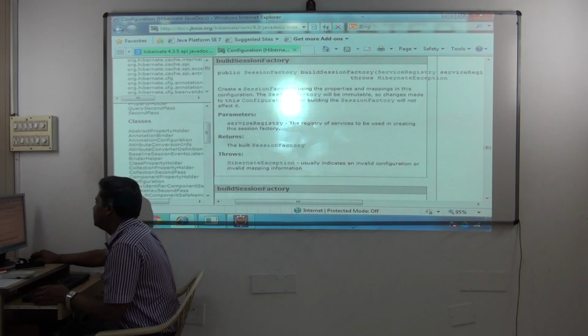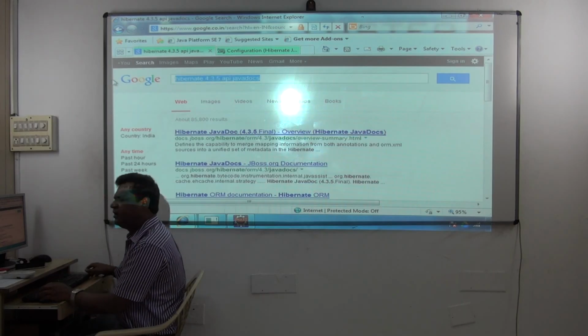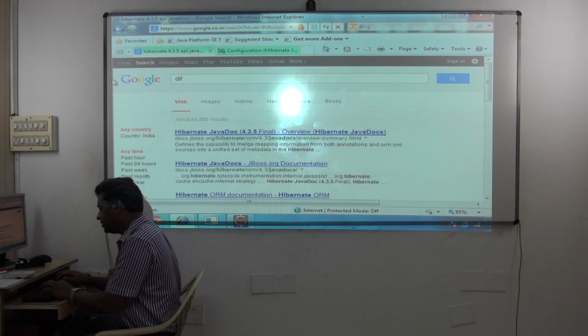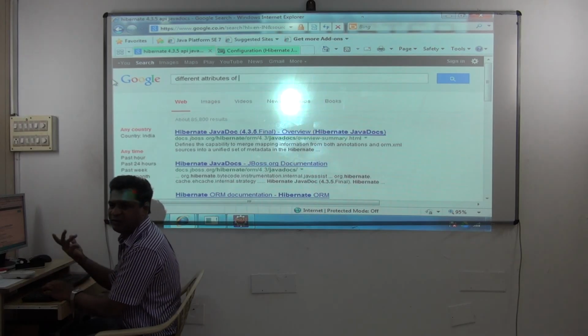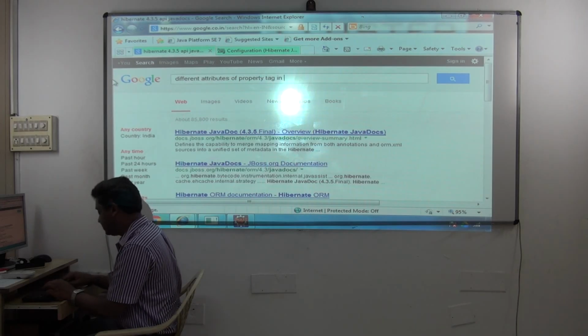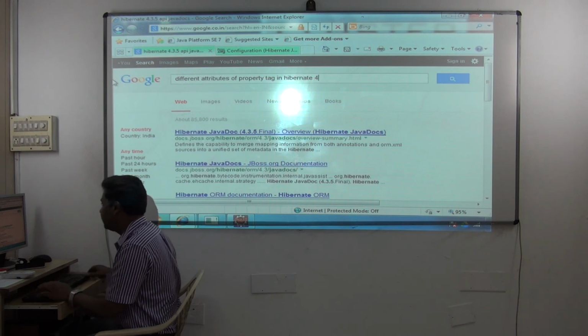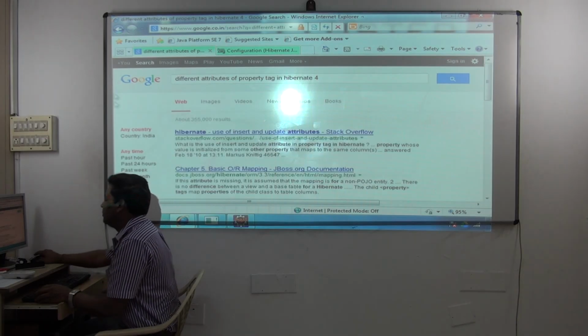Fine. So for that, see, again I'll go back to Google. Clear? Go to Google, here you type. Simply type any tag which you know, but type like this: different attributes of property tag in Hibernate 4. It's only about how you type the search. I'll type that. Done. Different attributes of property tag in Hibernate 4. So press enter. Okay, you can see here again